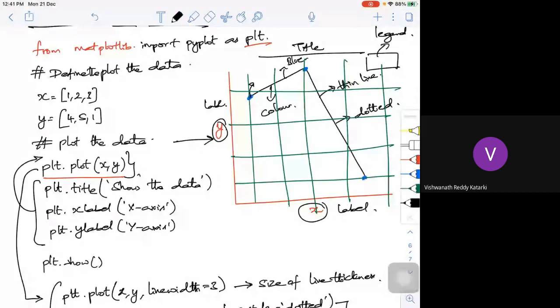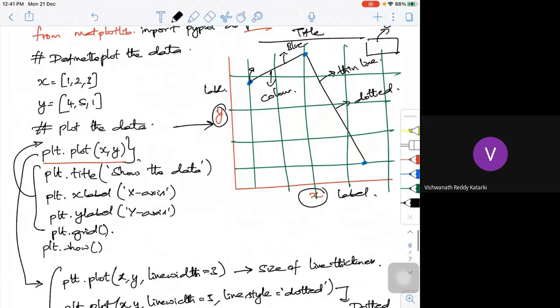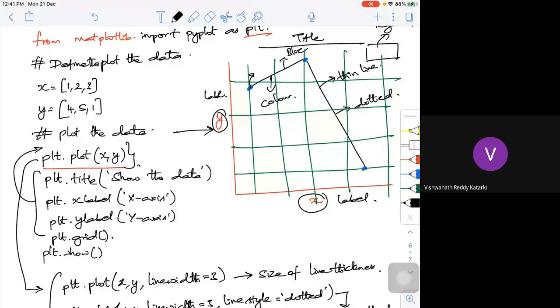A simple code we can write. Just go here and somewhere here you can put plt.grid. What is it going to do? It's going to give a grid, and this grid will show your output, or whatever you are trying to show, in a grid pattern. This is a way of enhancing your output. Whatever output we got now, we are trying to enhance it in whatever way we want. This is one way of doing it. This is about what we call a simple plot.